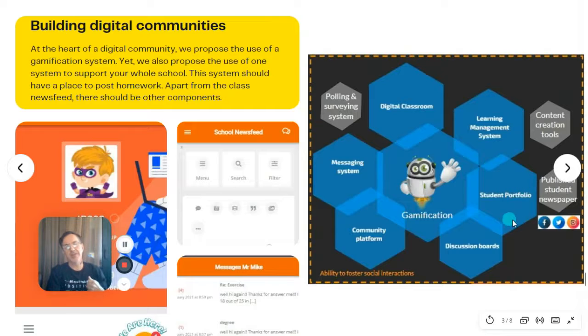I also say that we should have a strong sense of showcasing students' work. They do so much, they write so much, they draw so much, they present, they read books. Why not have a system where we have a digital student portfolio? And then I'm going to go all the way up to